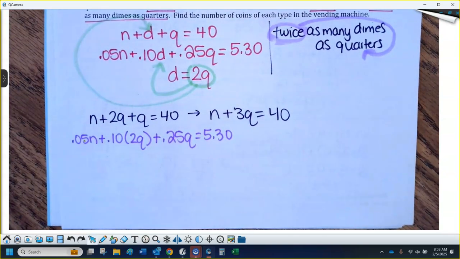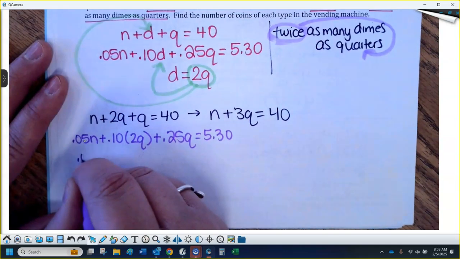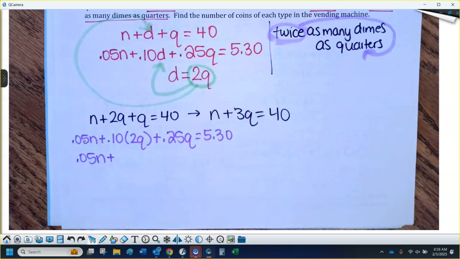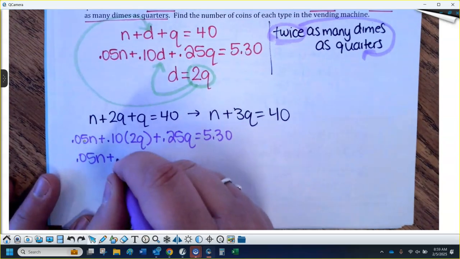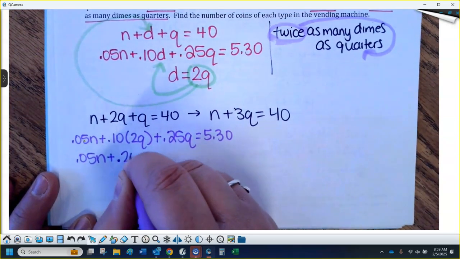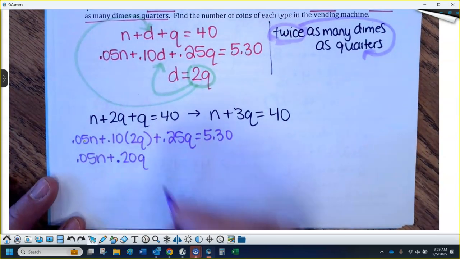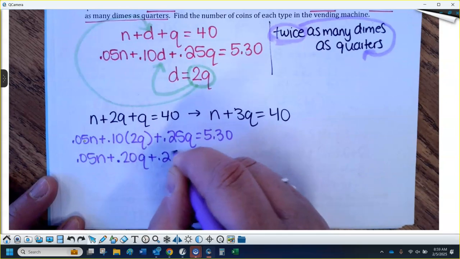All right, now I'm just going to simplify this like I did the other one. So 0.05n, I'm just going to take one more step. If you do, this is like 10 cents times 2, right? So just 0.10, like 2 dimes would be 20 cents, right? So this just looks like 0.2, or you can drop the 0 if you want to. I'm going to leave it so it looks like money. And then plus 0.25q,